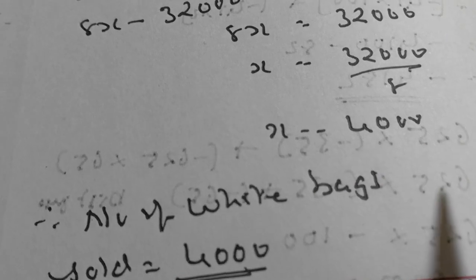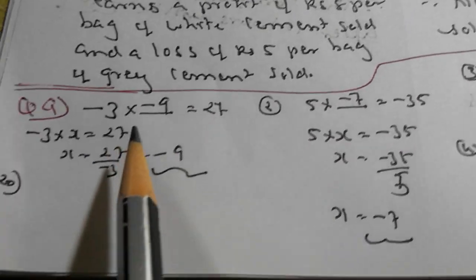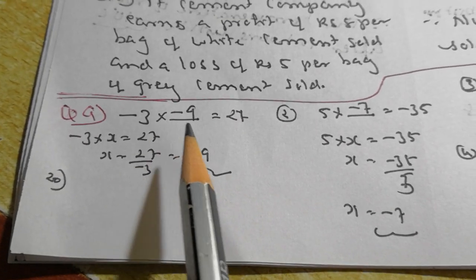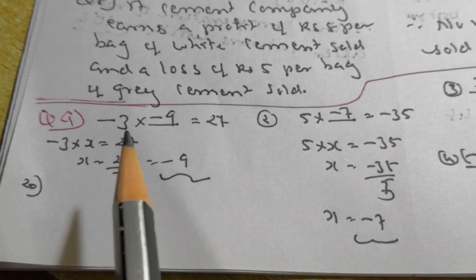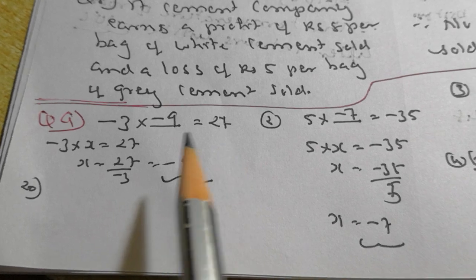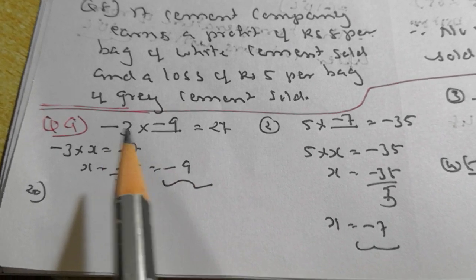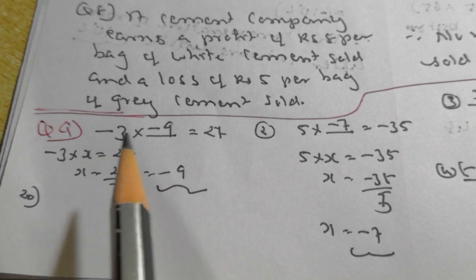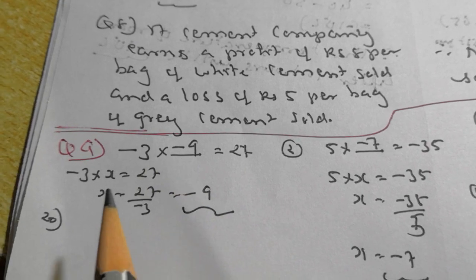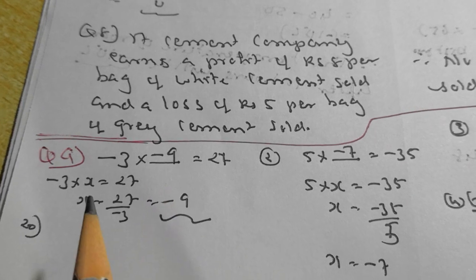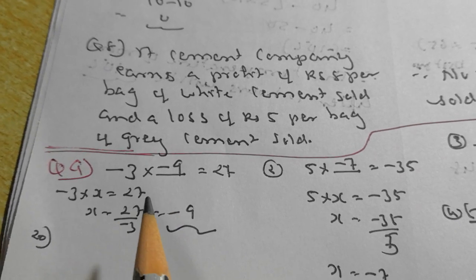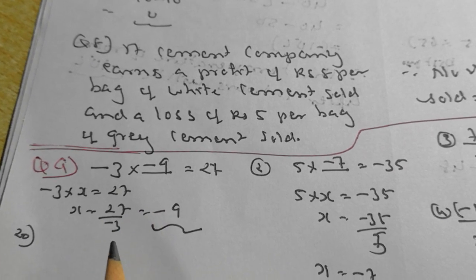Okay, 4,000. Well, fill in the blanks. -3 multiplied by dash is equal to 27. One number is minus, answer is plus. So you know it very well. 3 9s are 27. Both the same signs means it is going to be positive. So minus is plus, so -9. I have shown you the method over here. I have taken this unknown number as x. -3 into x is 27. So x is equal to 27 upon -3.